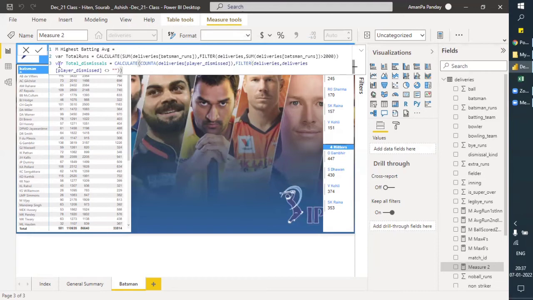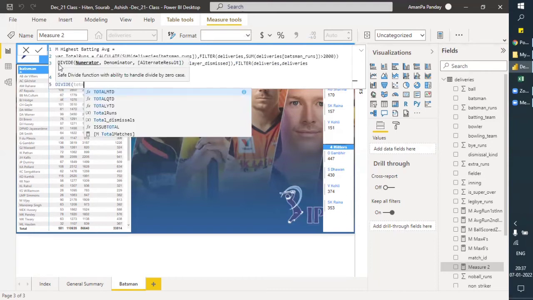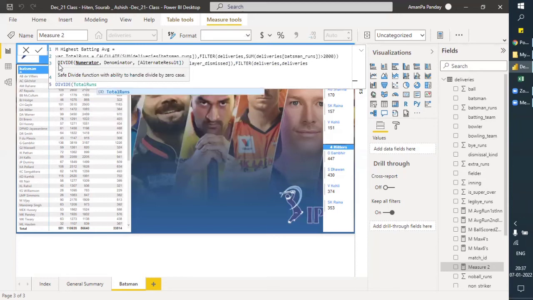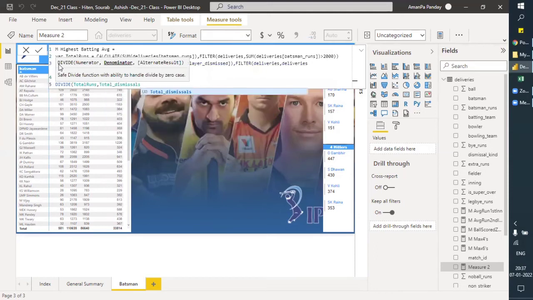Okay, and now let's hit enter and return, enter, then divide total runs, comma, total dismissals. Just close the parentheses, hit enter.